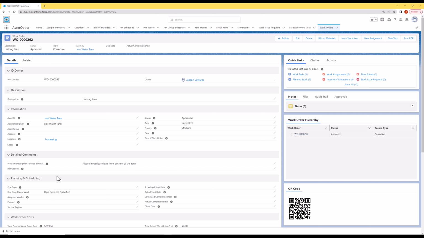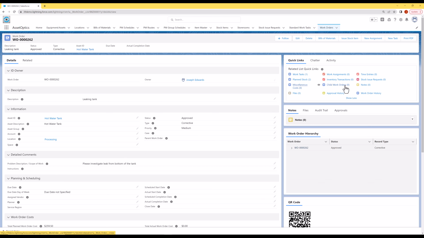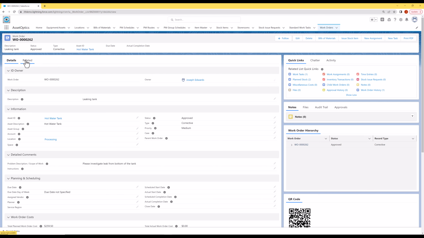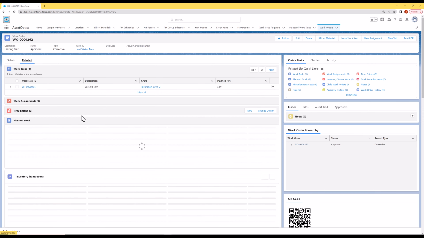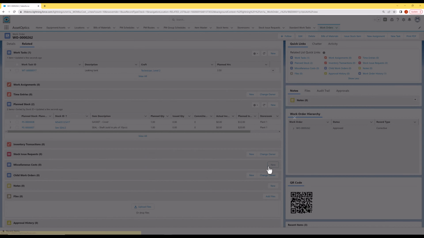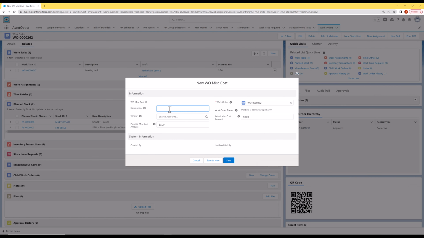We might need some miscellaneous costs, and we can plan those miscellaneous costs. I'm going to use the Related tab here. The Related tab and the Quick Links Related links, they're the same thing. Sometimes it's easier to use one or the other. It kind of depends on personal user preference. I'm going to say,